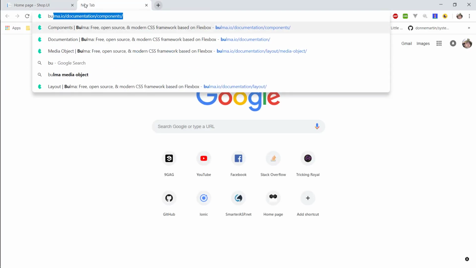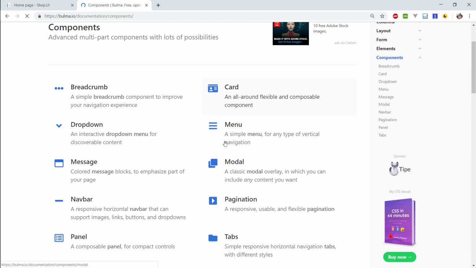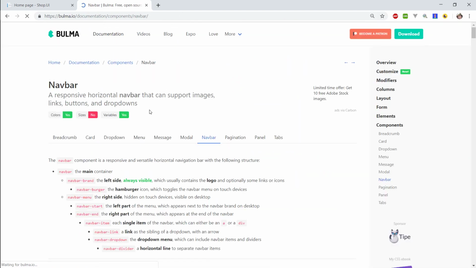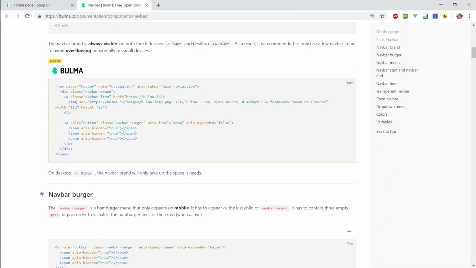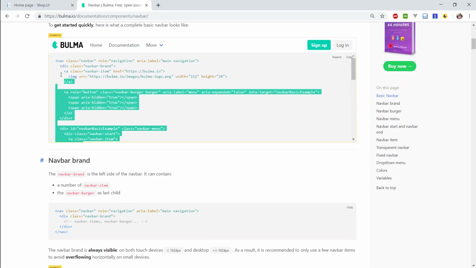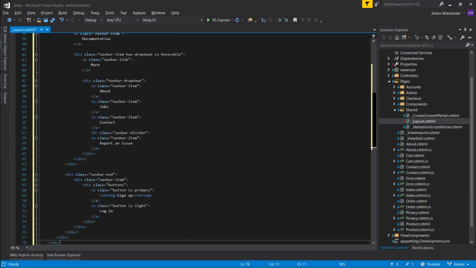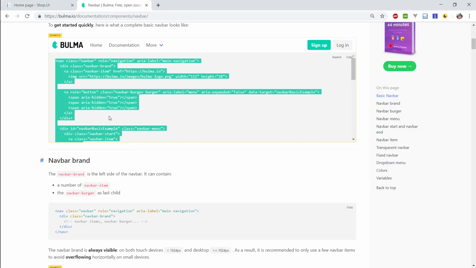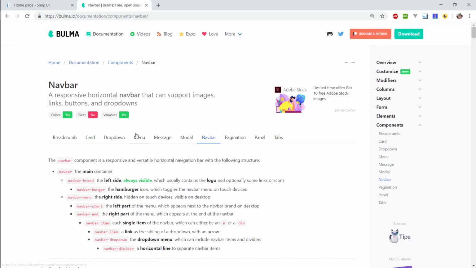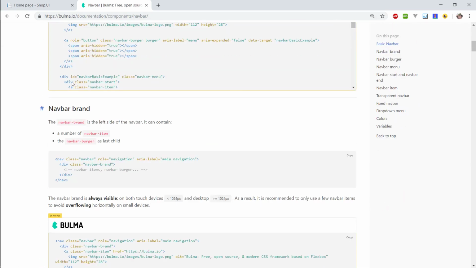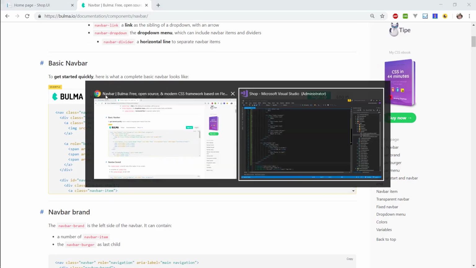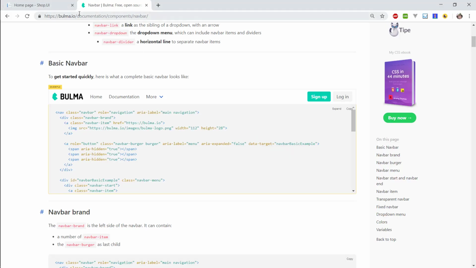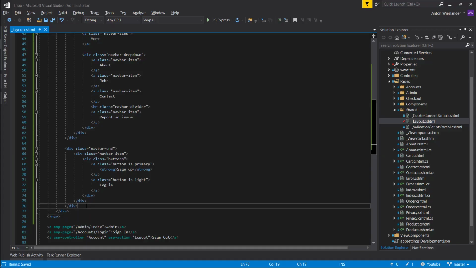Now, with Bulma, you can literally go on their site with the documentation. Easy as that. I tend to not remember this stuff because honestly, you don't need to. You can just copy paste it. So, why would you remember this? Specifically, the navigation bar that I tend to copy. So, go to Bulma documentation components navbar,